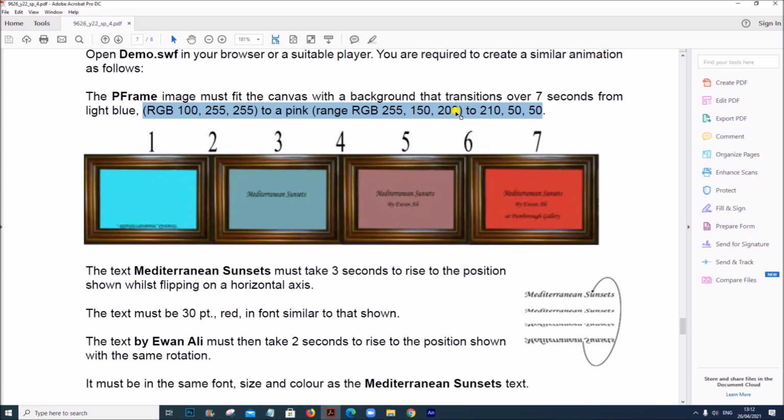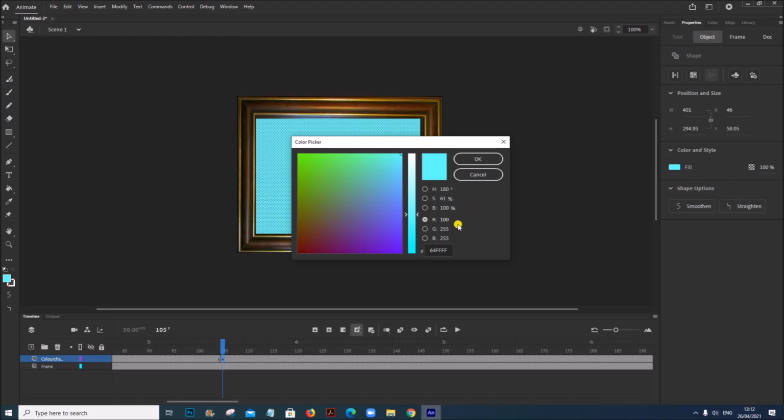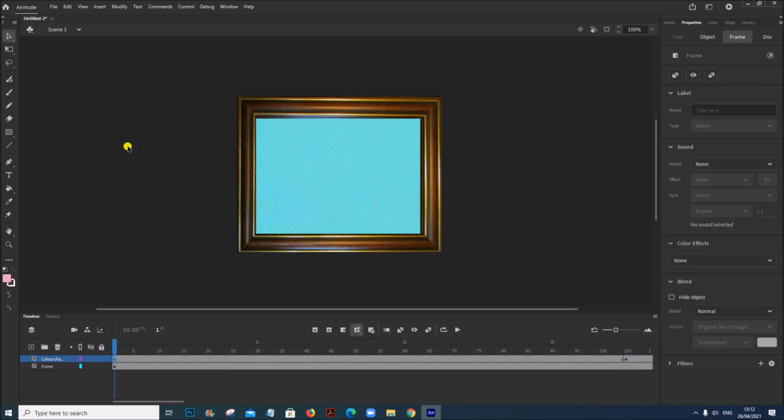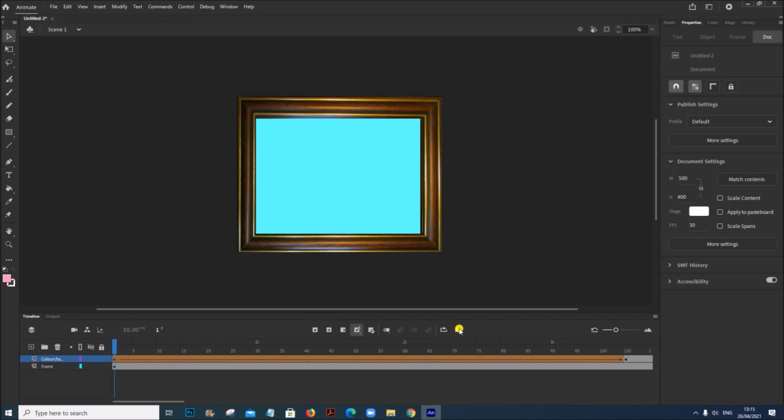It must be 255, 150 and 200. Give OK. Now let's give a shape tween. Insert, create shape tween. Now when you play this, you can see that light blue changes to pink when it reaches half time.